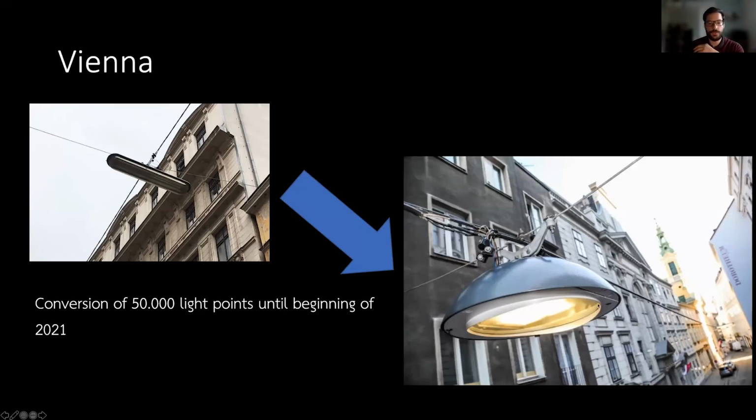And I just want to say that these LEDs are in fact a good thing on the one hand, a bad thing on the other hand. Let's say it like this. On the positive side, you can see that it is fully shielded to the above. So only light is now coming to the ground. You also have the emission beam being concentrated on the street now, for example. But on the negative side, Vienna also shows, like Milan, a color temperature of 4,000 Kelvin for their LEDs. So in fact, for Vienna, we have to say that the LED street lights do show an increased part in shorter wavelengths or in the blue light.